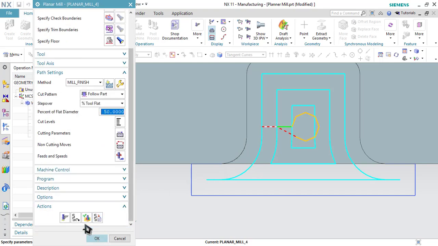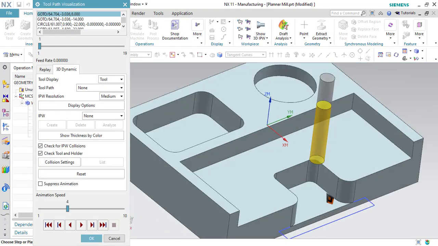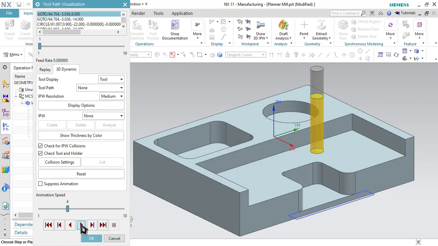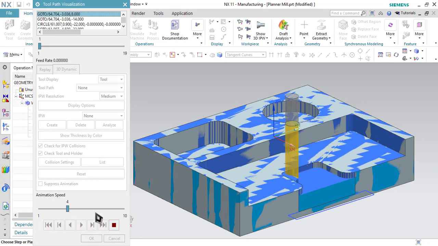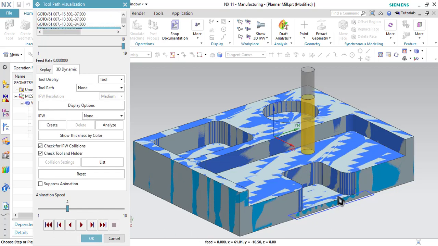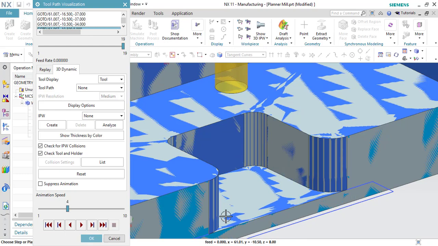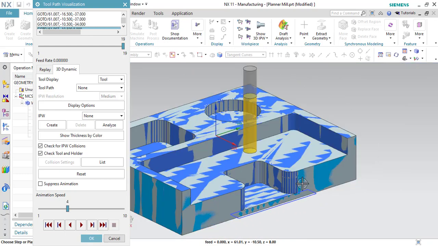Just verify the toolpath. Okay, as you can see, now there is no extra material being left in this region.